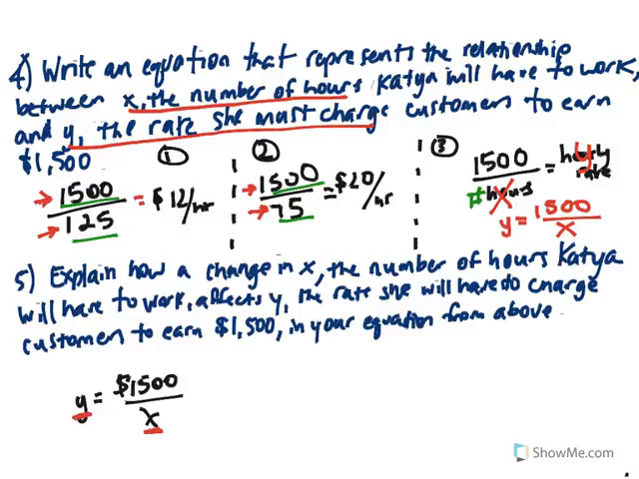So as we saw before, when Katya worked more hours, like in this scenario, her hourly amount that she charged was only $12 per hour. Meanwhile, when she could only work 75 hours, her hourly rate that she had to charge was much higher. So as X, or the number of hours worked,